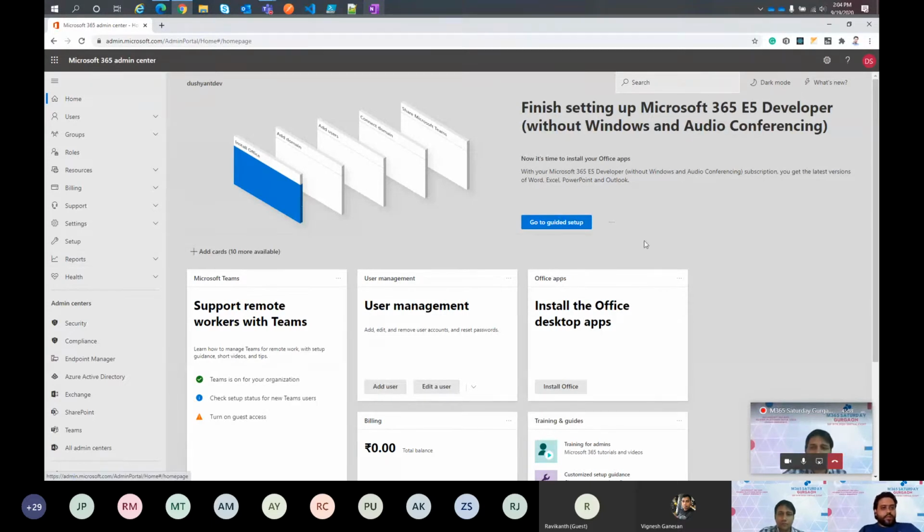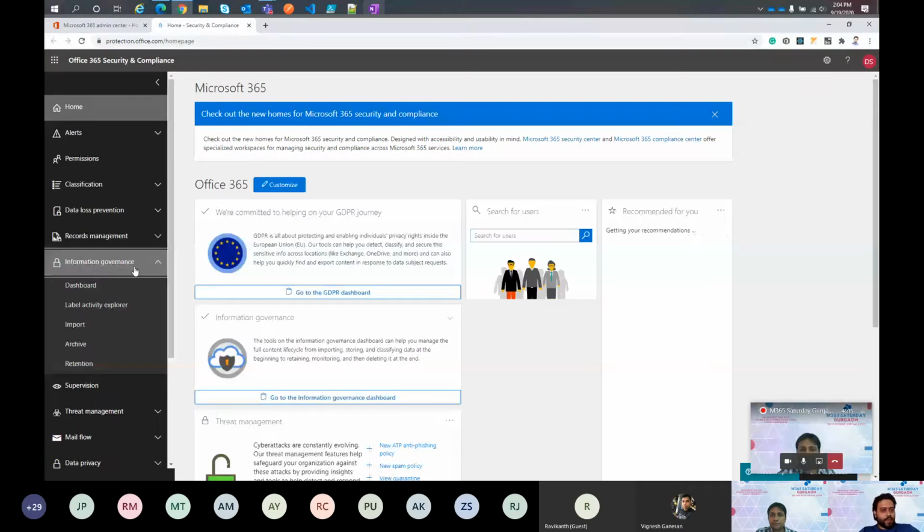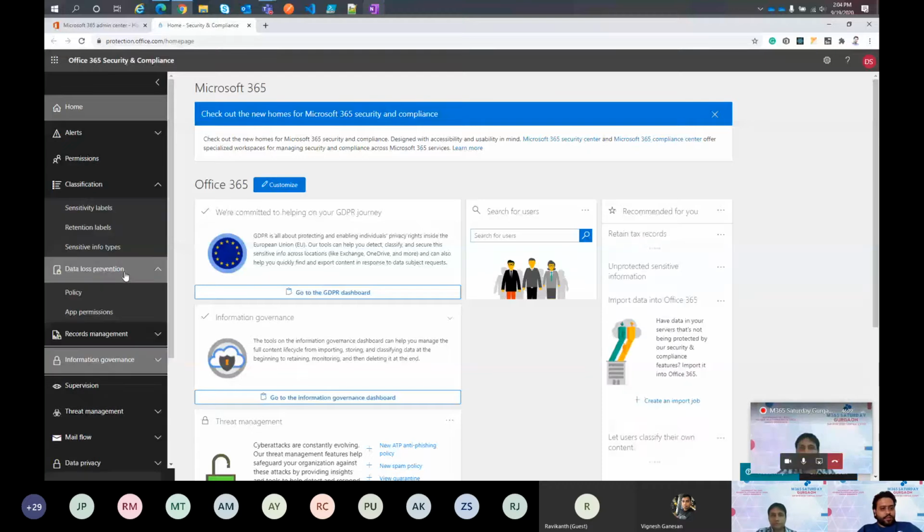So this is the admin center for the tenant, and we can go to Security from the left navigation. It will open protection.office.com. There we will have information governance in the left navigation, the classification, data loss prevention, and all the other aspects.